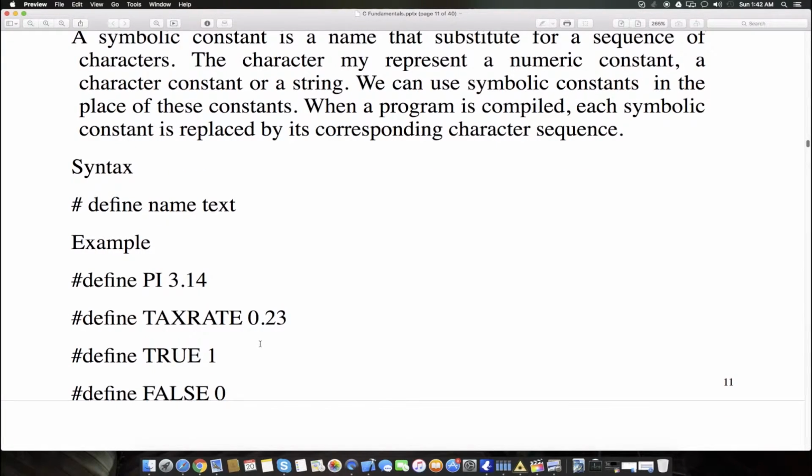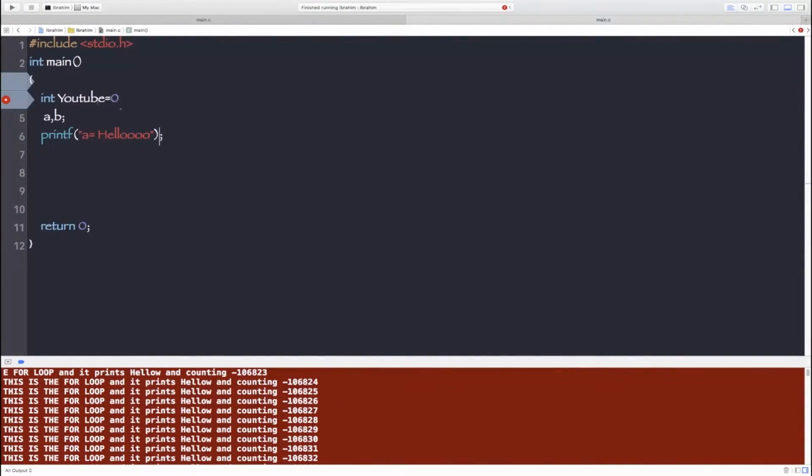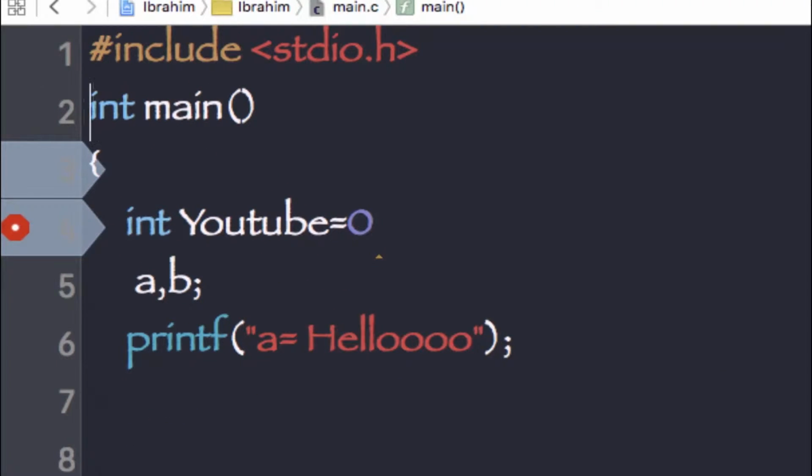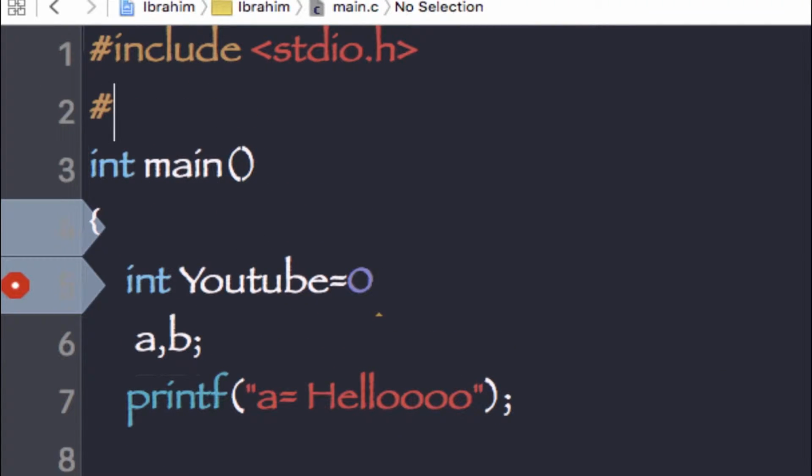So for example, if you want to define anything, let me zoom in. You have to write hashtag define, then, for example, if you want to define pi,